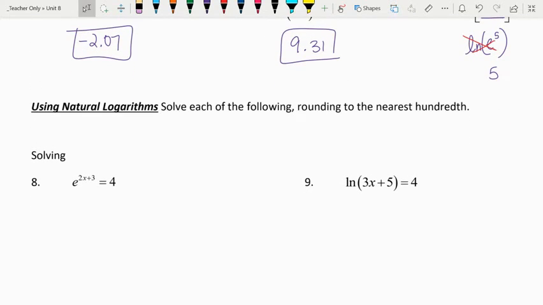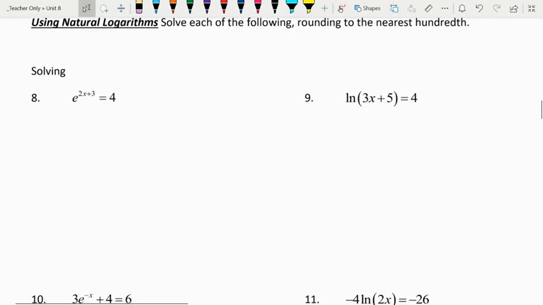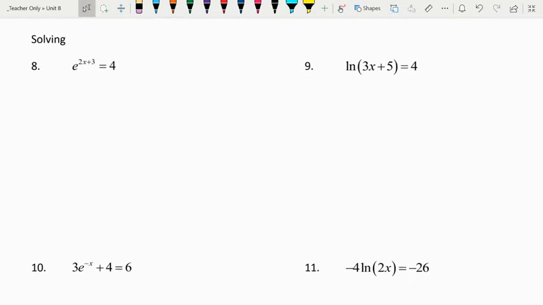So we're going to use natural logs to solve the following. Anytime you see an e, you need to use natural logs. So like on number 8, instead of logging both sides, because we have an e, we need to use the ln. So we still throw that 2x plus 3 out in front, and we have ln of e equals ln of